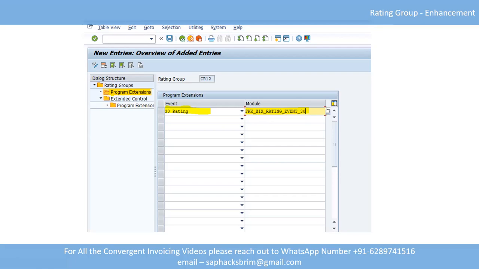If we want the rating to be performed in SAP Convergent Charging, then the program enhancement event for rating is selected with a function module like this one. That should be done over here if you want the rating process to be done in Convergent Charging. Is it also possible to do the rating processing in SAP Convergent Invoicing? That can also be